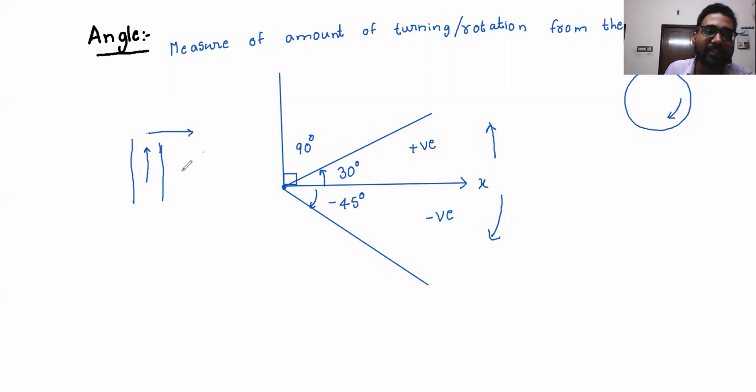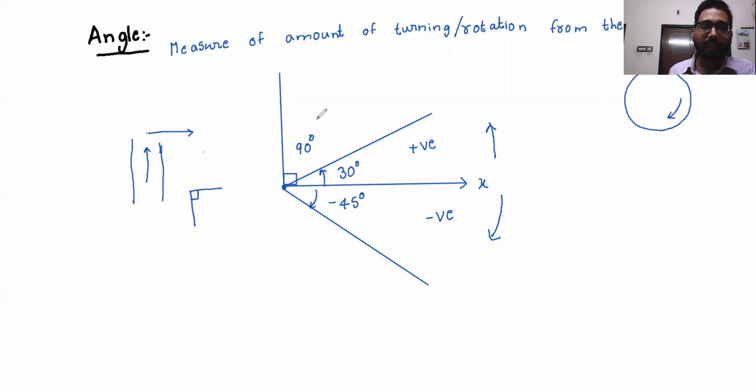So this 90 degrees, the two perpendicular lines, we say this is 90 degrees, right angle. That's why the name, I think, right angle came. Right means right turn, right? We say right turn, left turn. So it seems that the word right came from there. Anyway, we don't require that. So this is how we measure angles.